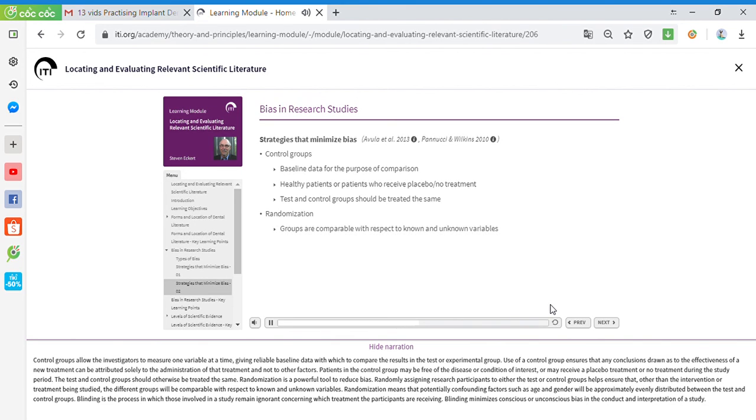Randomly assigning research participants to either the test or control groups helps ensure that, other than the intervention or treatment being studied, the different groups will be comparable with respect to known and unknown variables. Randomization means that potentially confounding factors, such as age and gender, will be approximately evenly distributed between the test and